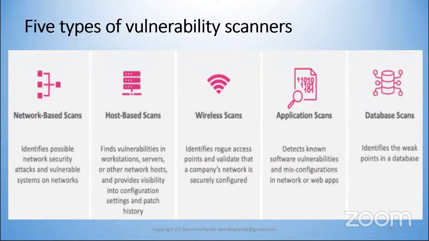So whenever somebody asks you a question, could you please share the types of vulnerability scanners? In terms of the entity these vulnerability scanners normally address, there are five types. First one is the network-based scan, where we identify the possible network security attacks and vulnerable systems on a given network. So here we are analyzing continuously, periodically, a given network, given IP addresses,